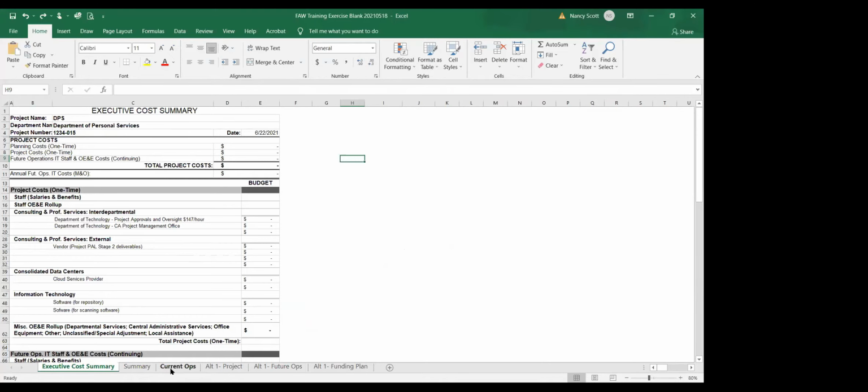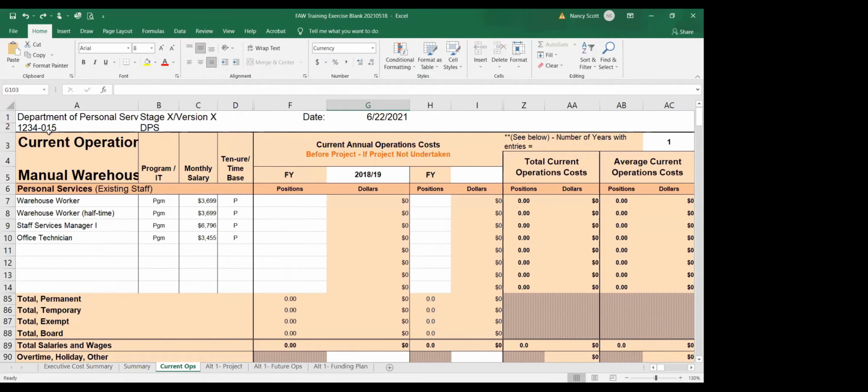So someone had a question on what is the reason for the stage and the version. If I was doing the financial analysis worksheets for my department, I definitely would use this, to help me. At this point, if I put in that this is for stage 2 and it's version 1.2, I would know that there's another version, but this is the latest.